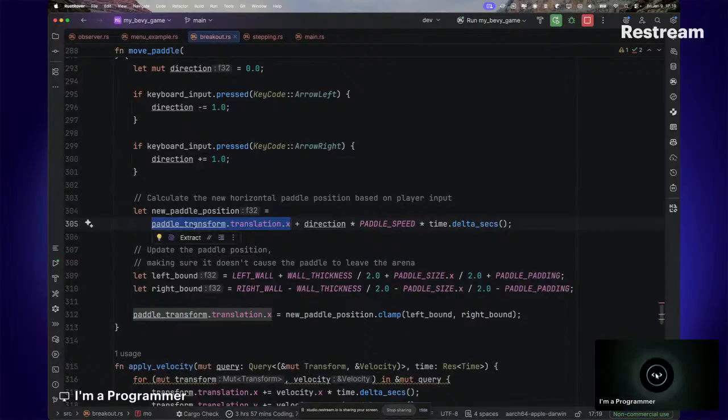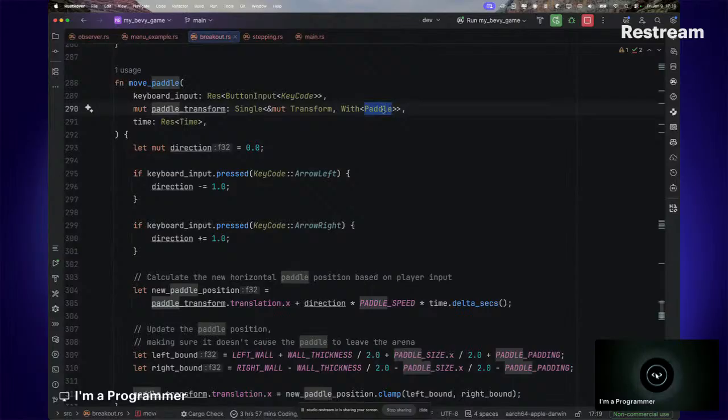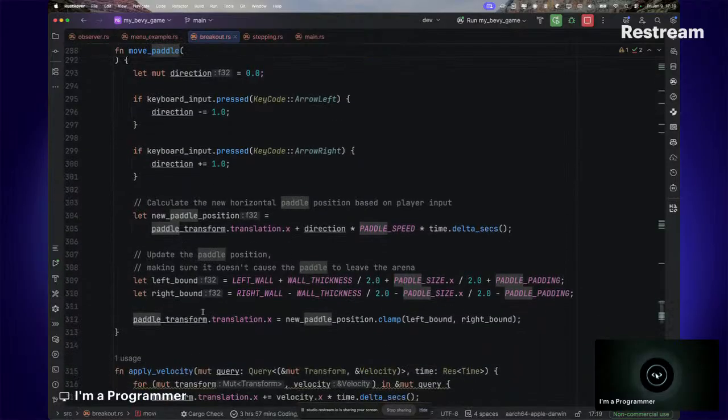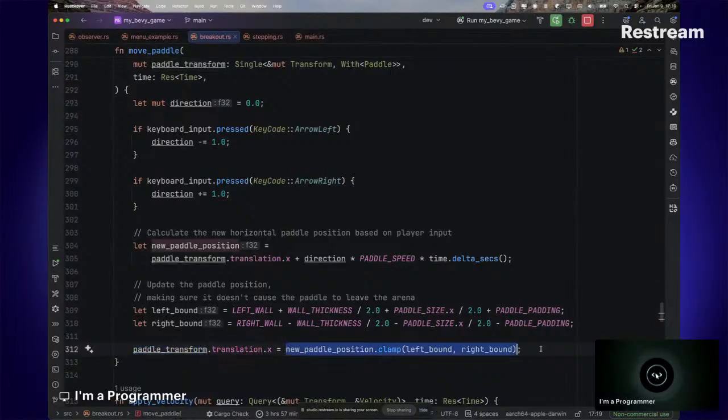Remember, the paddle position is just a transformation with the paddle that we define on the paddle itself. So we define this during the setup, when we are spawning the paddle as a paddle entity, we define this on it, and we are using that with the transformation by saying paddle transformation or translation x to the new position, but we clamp it so that it doesn't go outside of the